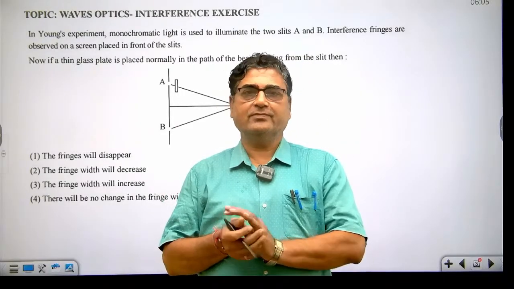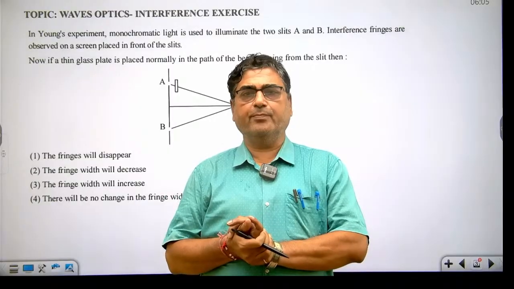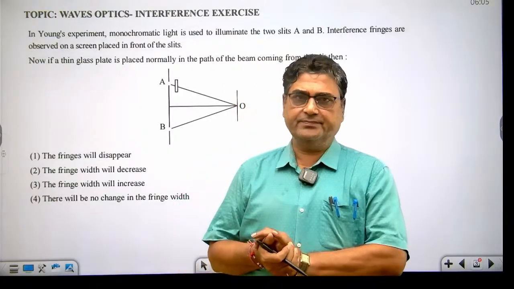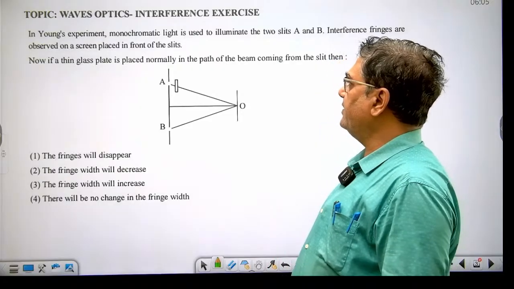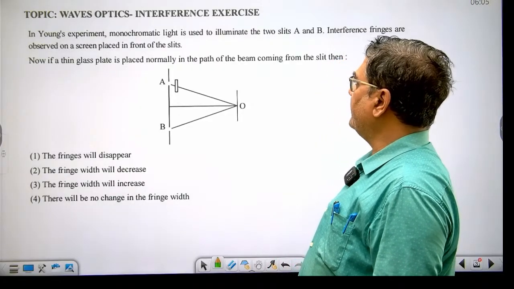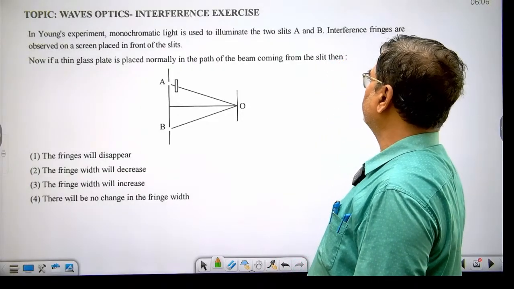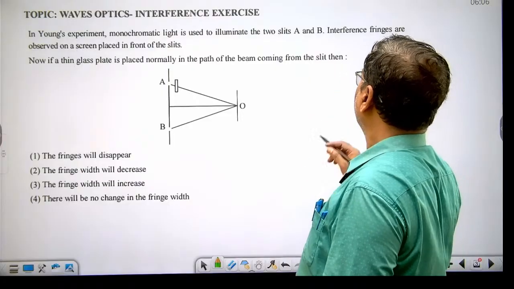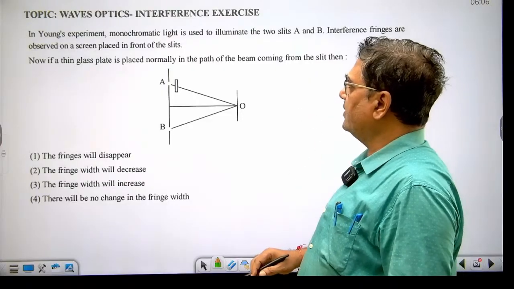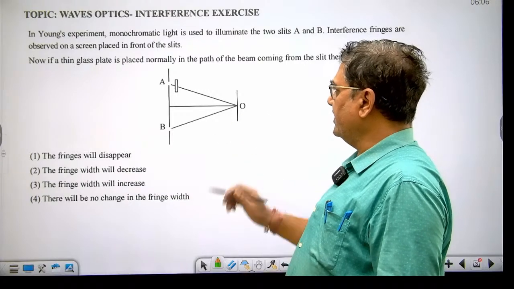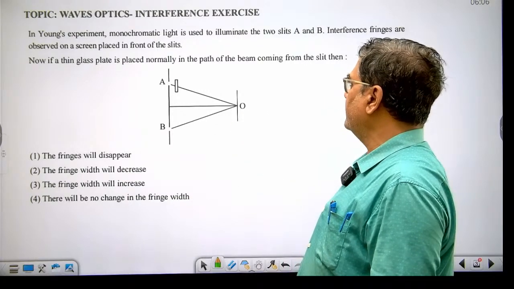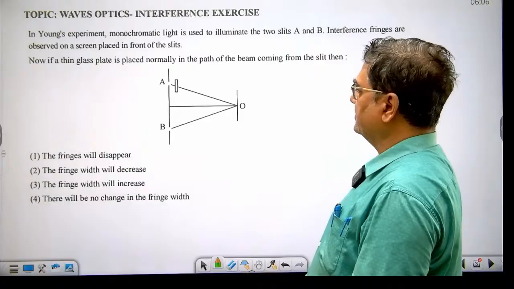Hello students, today we are going to discuss an important problem in wave optics. In Young's experiment, monochromatic light is used to illuminate the two slits A and B. Interference fringes are observed on a screen placed in front of the slits. Now if a thin glass plate is placed normally in the path of the beam coming from the slit, then